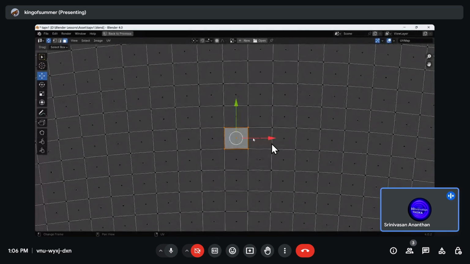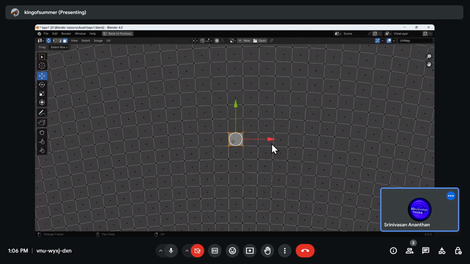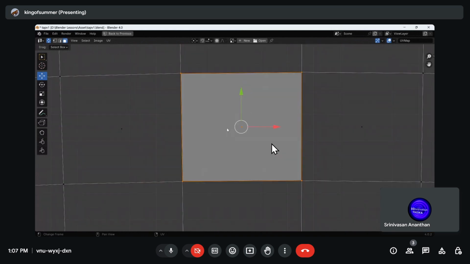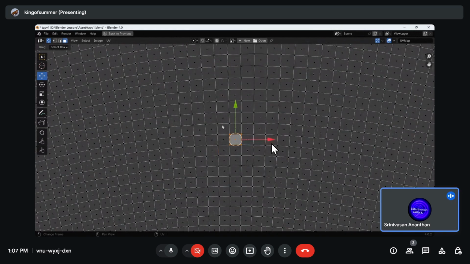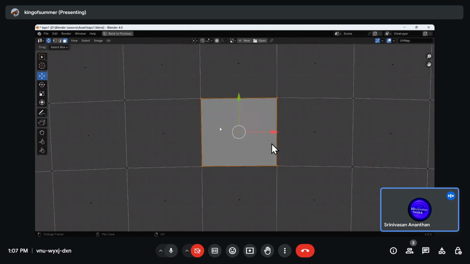A little more zoom in, no? Little more zoom in, otherwise gizmo will be very big. So that face should be big so you can conveniently draw the rectangle. It need not be zoomed up. That face you have selected should be bigger on the screen so that when you are drawing the rectangle for selection it will be easy. Otherwise it will disturb other vertices also, right? Now press alt A, deselect,